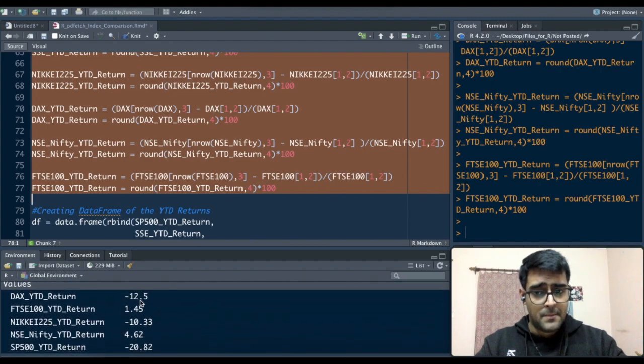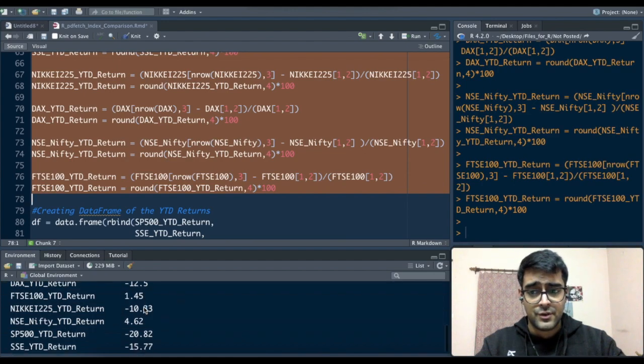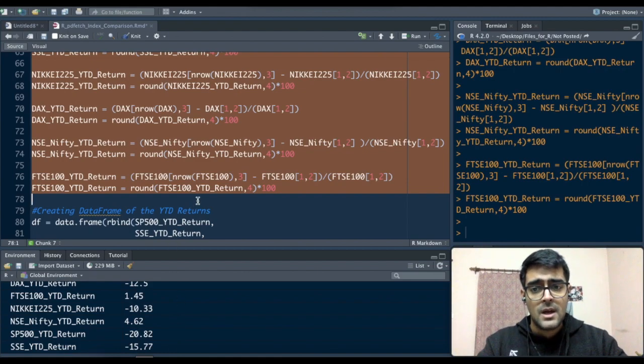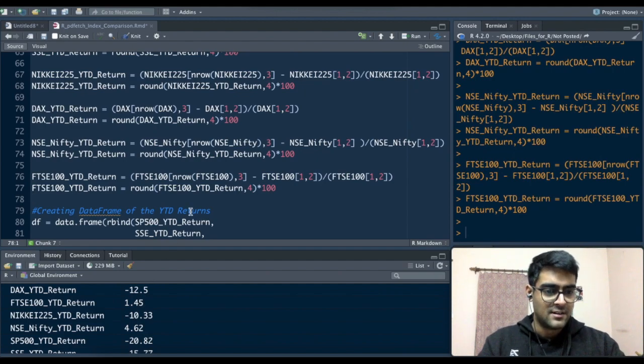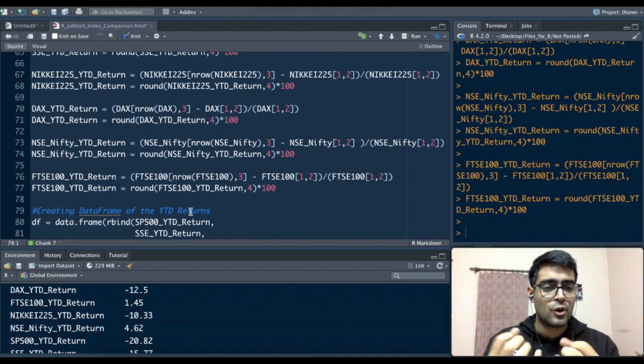So Germany gave a minus 12.5% return, UK FTSE gave a 1.45% return, Japan gave a minus 10% return, India gave 4.6% return, US gave minus 21% return, that we have already seen, and the China index gave negative 16% returns. But these numbers are not useful to me if I cannot visualize it once I've run the script. I'll not run the script every time and see, okay, where was China, where was US? It's of no use to me if it cannot throw me out a visual